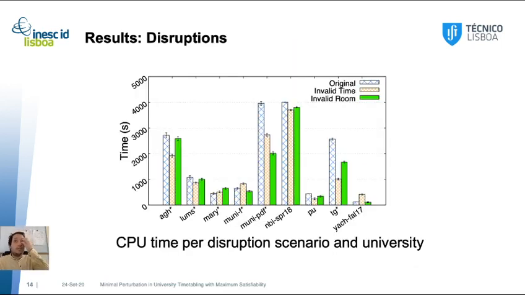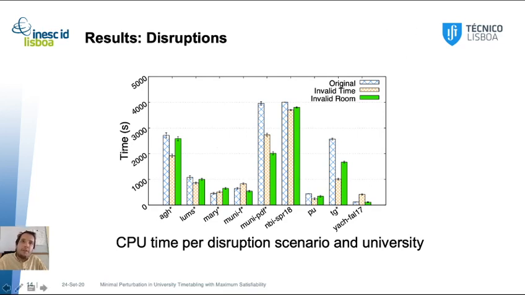So now let's consider disruptions. In this work we only consider invalid time and invalid room disruptions, as the other big disruption is the modifying of enrollments. However, in this dataset, all student conflicts are solved, so a change in enrollment will not cause a significant change in the solution. The solution will continue to be feasible.